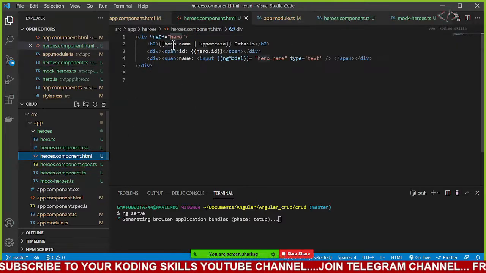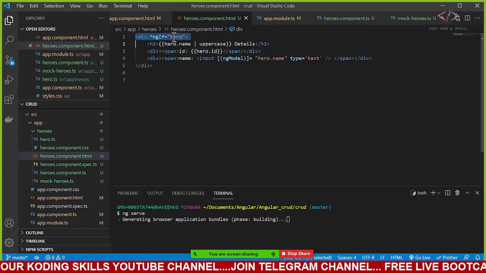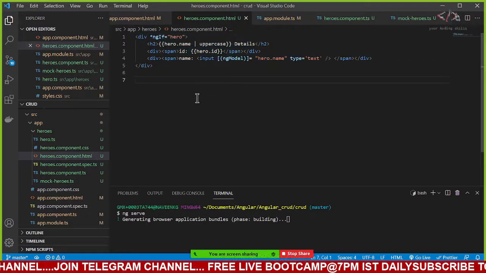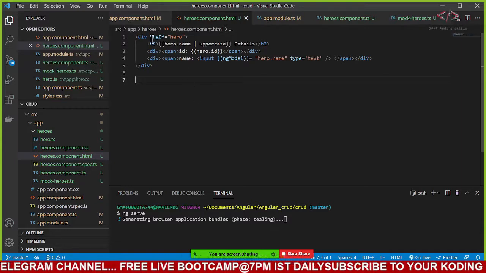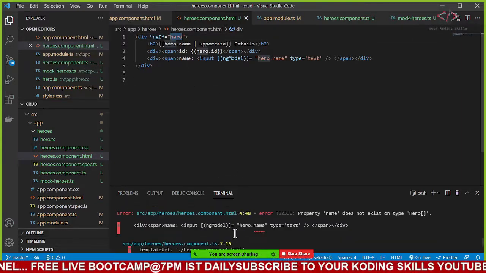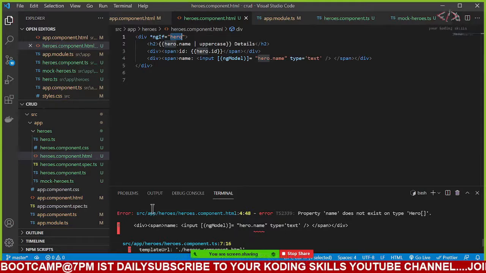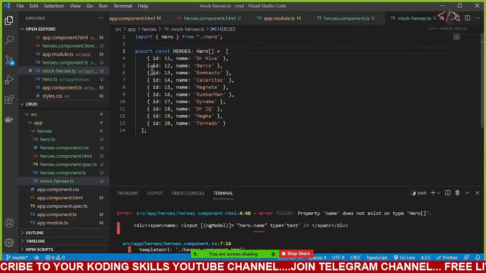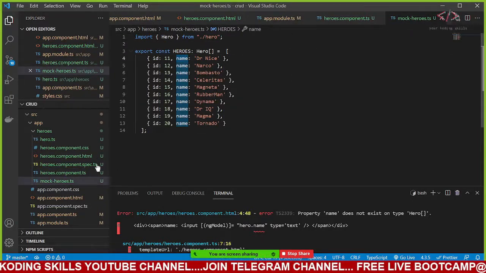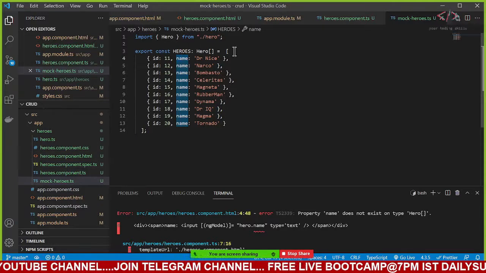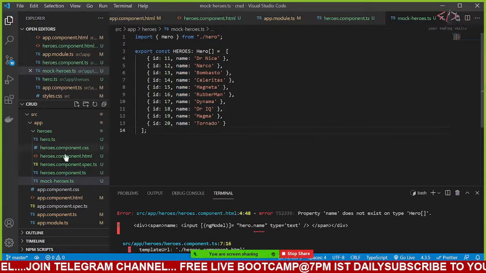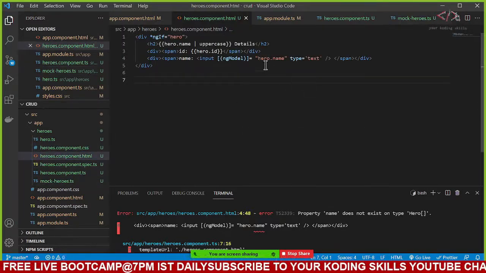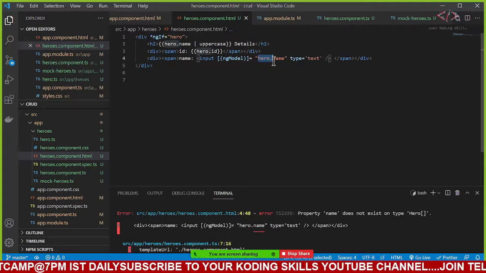Yeah, check the condition. What if there is no data in this one? So currently, why did I add these heroes? I added these heroes because if there is no value inside this, then don't show me this, right? Now this is *ngIf I'm using. Now let me read, it says property name does not exist, NAME, right? What is there in here? Oh, exactly, you have given the correct answer. Yes, you're absolutely right. It is an array, but you're accessing it still as a property.